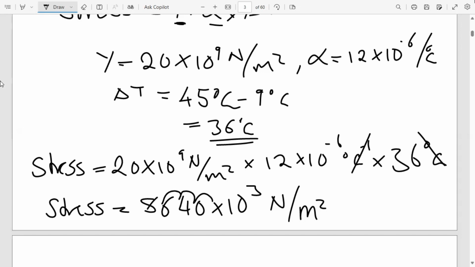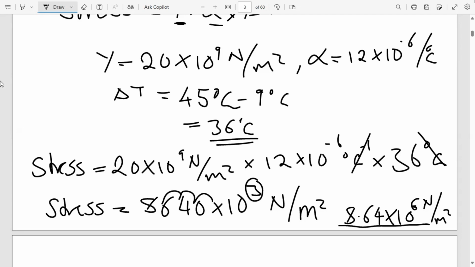Yes, I think up to that point. That means we're going to have 8.64 times 10 to the power 6. I've gone 3 more steps to the left, so the power 3 is going to change to power 6, and this is in newtons per